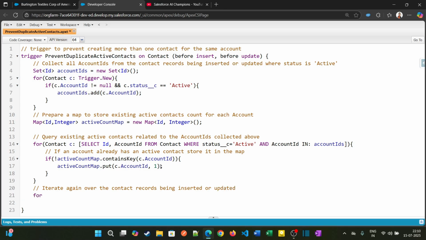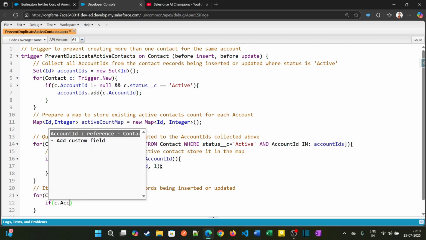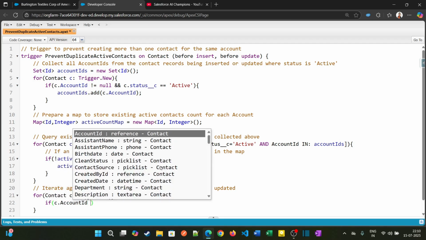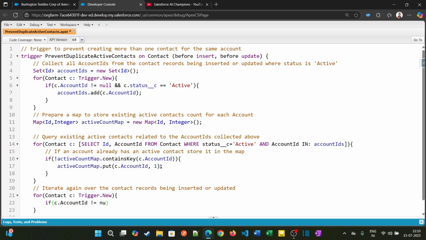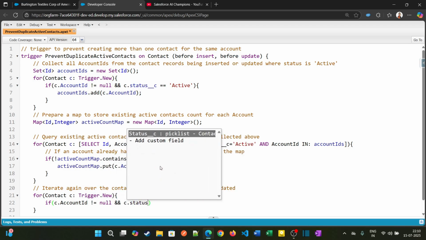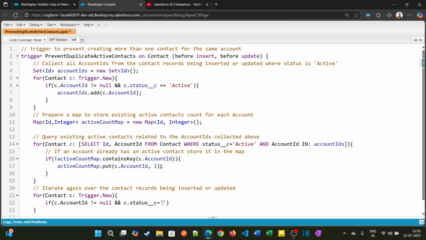So for Contact c in Trigger.new, if AccountId is not equal to null and the status is Active,